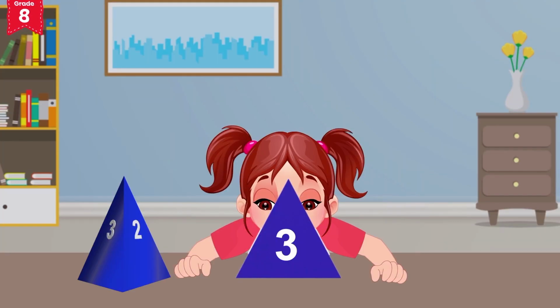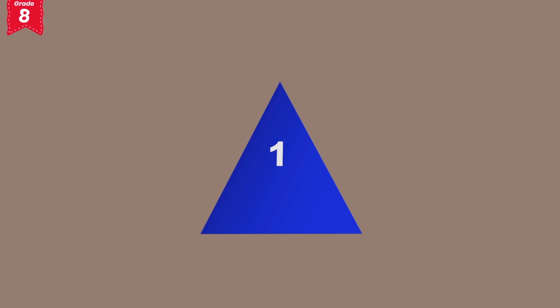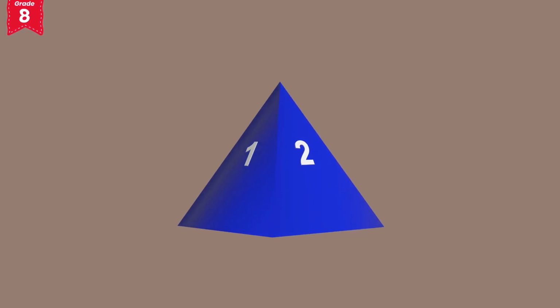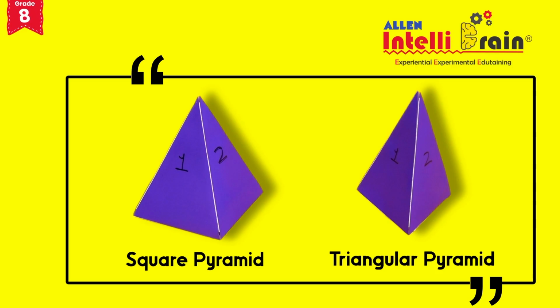At last, while sitting in the same position on the chair, tilt your head towards the right side and look at the side of the model. This view is called the side view of the square pyramid. In the similar manner, you can perform the activity to visualize the front, top and side view of different pyramids and identify the difference in the shape of base of each three-dimensional model.